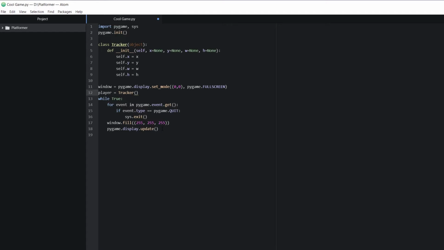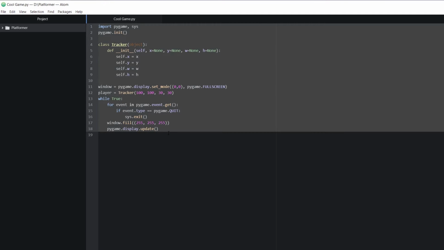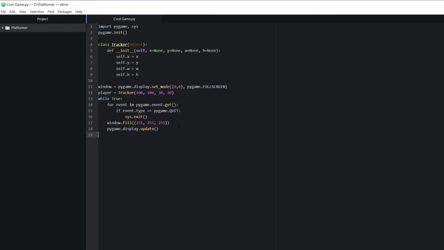Now we need to provide x, y, width, and height. Obviously all these parameters are optional, but obviously we need to track everything here. So I'll just put the default position as 100, 100 for x and y. And for width and height, I'll put in 30 and 30. Okay, shall we do that? Now, to actually put the player on the screen, we need to run